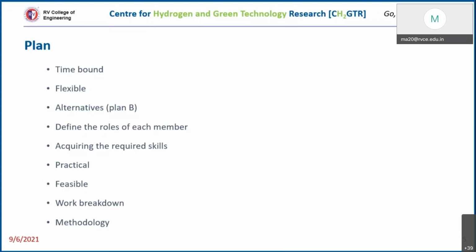So in the beginning, you know what the project is, then you define the objectives for that project, then you identify the tasks that you need to do to achieve that objective. Now, how are you going to do that task is the methodology, right? So these are certain aspects which you need to pay attention to while planning the project. So that is the second phase of the project.